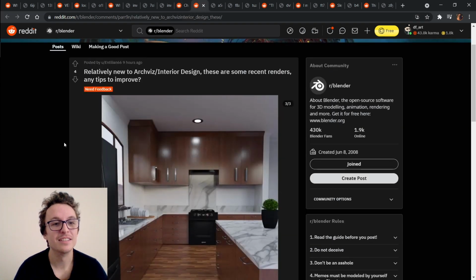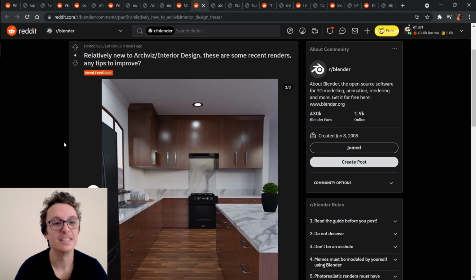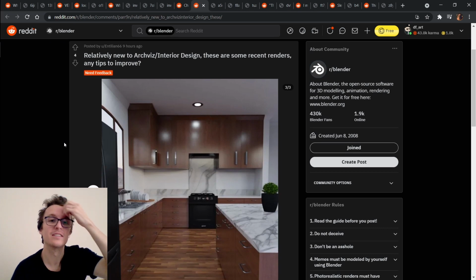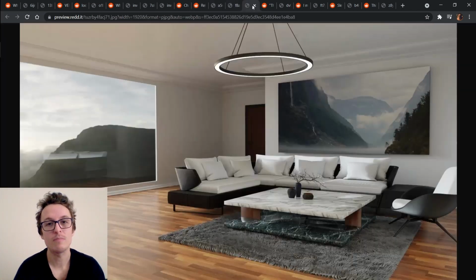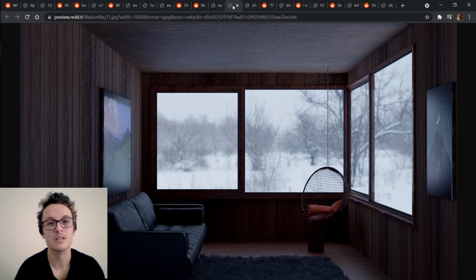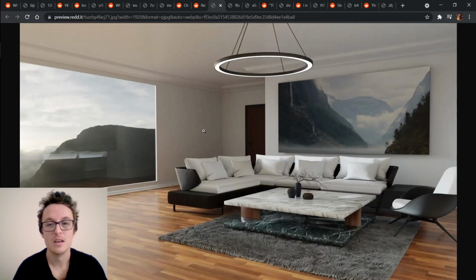Alright, and then we've got Antillean 66, relatively new to ArcViz interior design. These are some recent renders. Any tips to improve? Alright, so I think this was the first one, and that was the second one. Okay, so